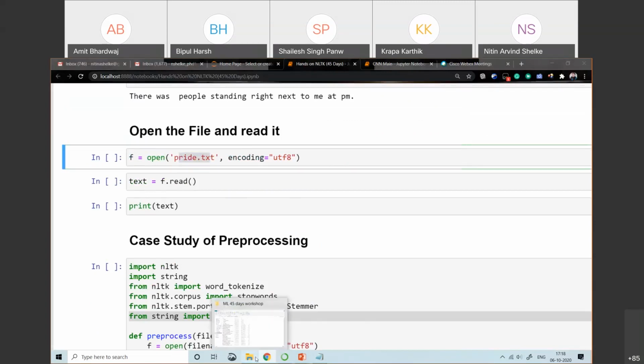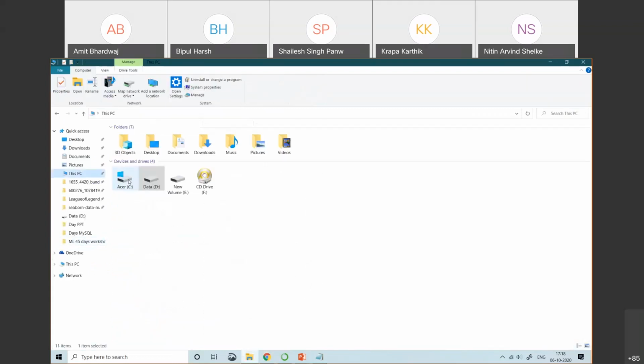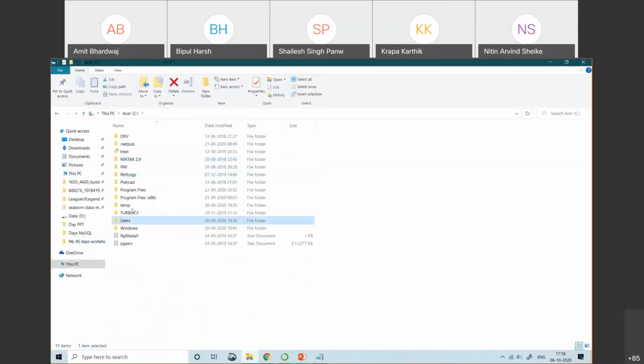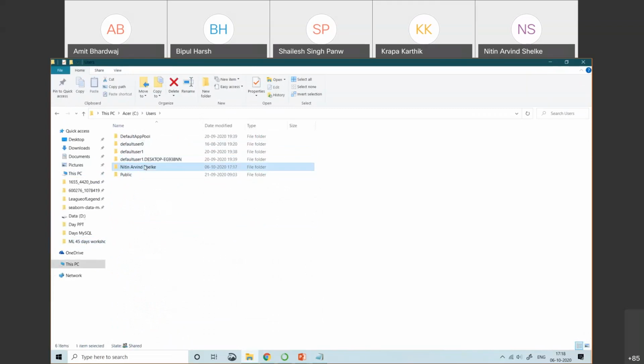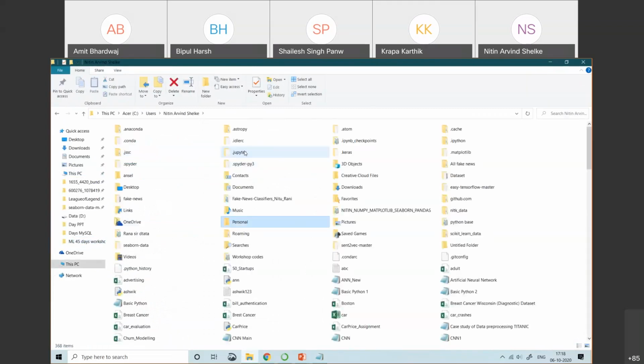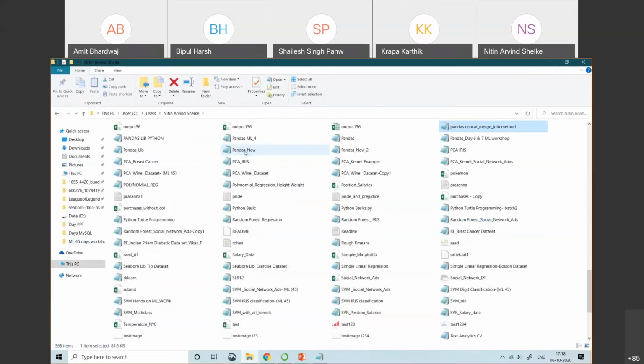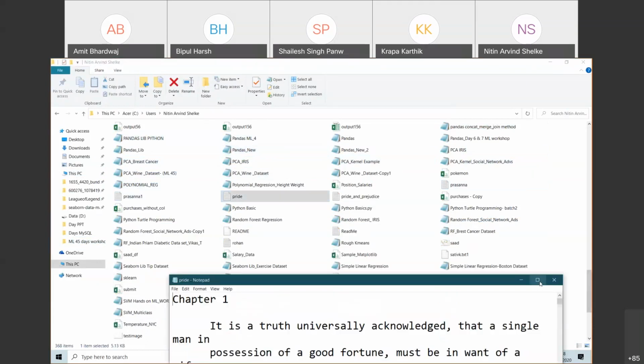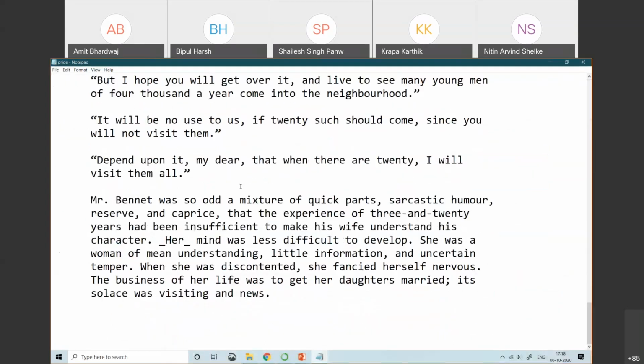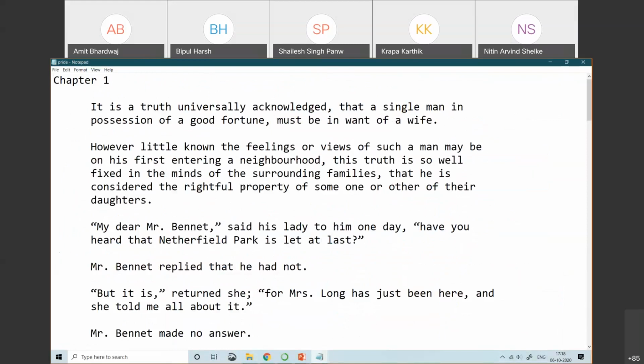I will show it to you first. Yes, this is the pride.txt file, and I want to apply all these pre-processing steps on it.